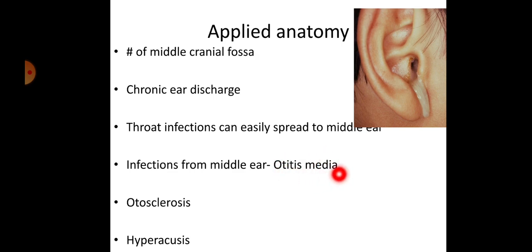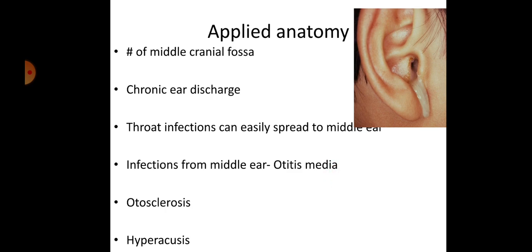When otitis media happens, the infection can spread in all directions. One, from the middle ear it can spread to the throat through the Eustachian tube. Or the middle ear infection can spread to the mastoid antrum through the aditus. The infection can spread to the cranial cavity through the tegmental plate, the superior wall. If more pus is collected, then the floor is also dissolved, and next the infection spreads to the jugular vein. That jugular vein involvement creates diseases like thrombosis and embolism.